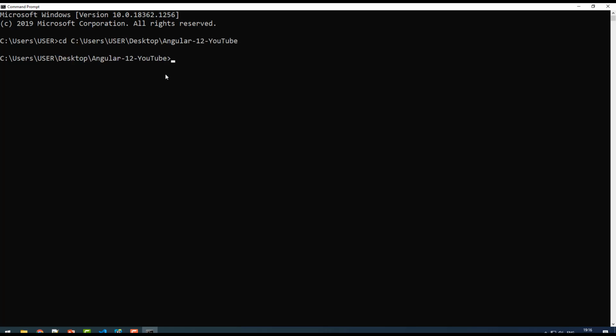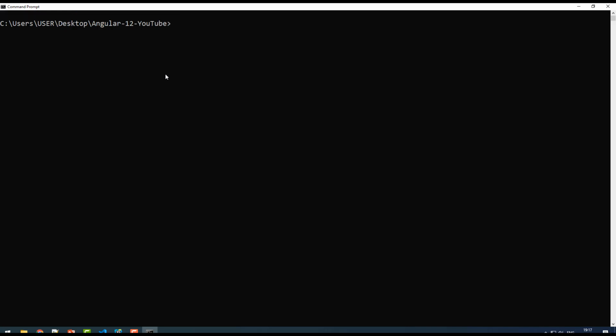So I am in C drive, so I can directly go to any location in the C drive. For example, if you're in D drive, you must go like this: D colon, enter. So it goes to D drive, and then you say what folder you want. If you want something like H drive, H colon like that. So I'm in C drive, just say C colon, enter. Okay. CLS is to clear the existing commands.